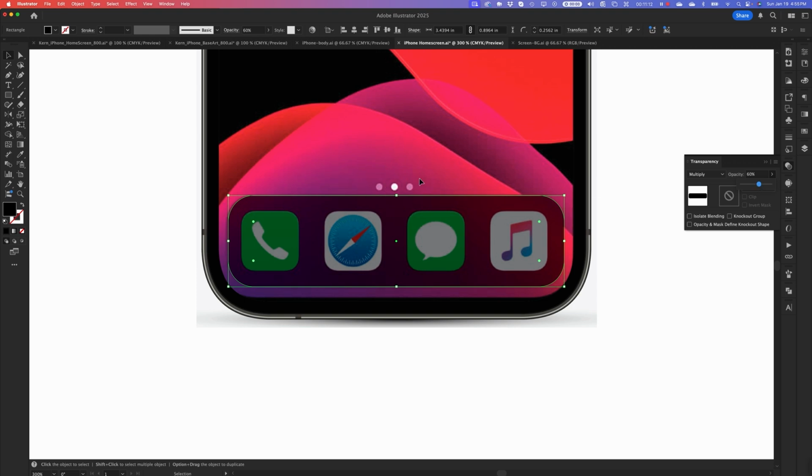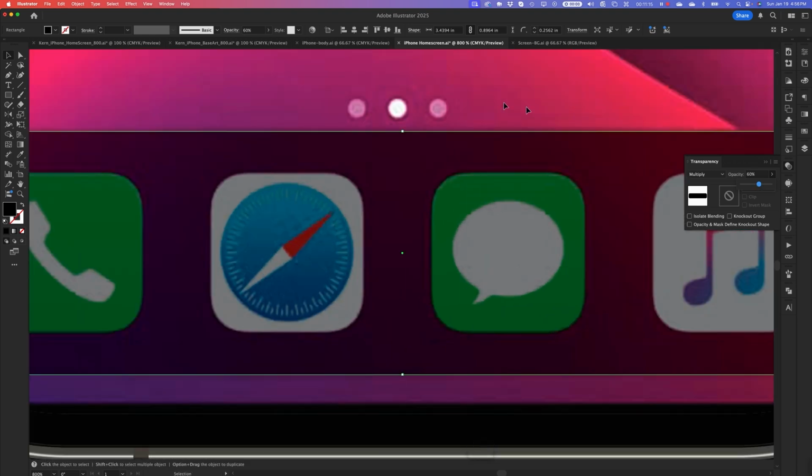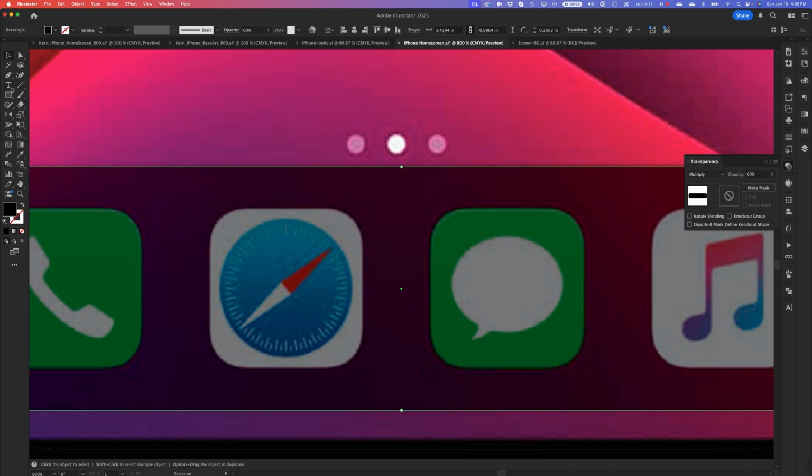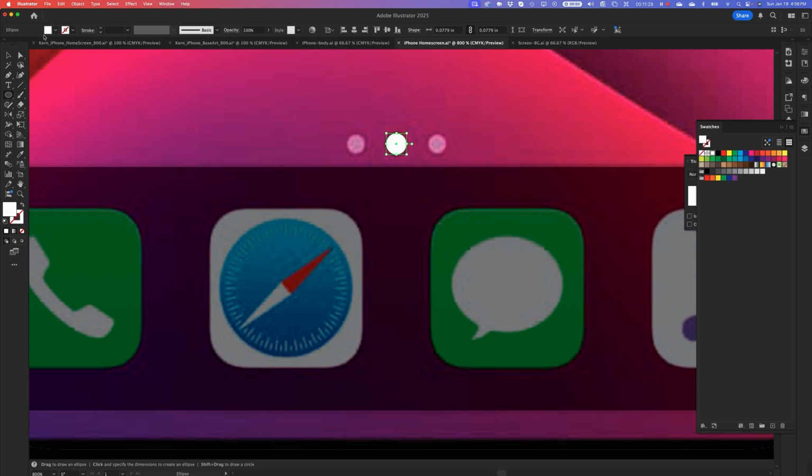And then we've also got these 3 dots up top. So let's zoom in on those. Don't be afraid to zoom in nice and tight on things if you need to. But I'm just going to draw this large white dot. And then we've got these 2 screened back dots to either side of it. So I'm just going to select it, hold down my Option key and my Shift key, and drag them out. I am going to want these to be centered. So I'm going to select the middle dot, center it,